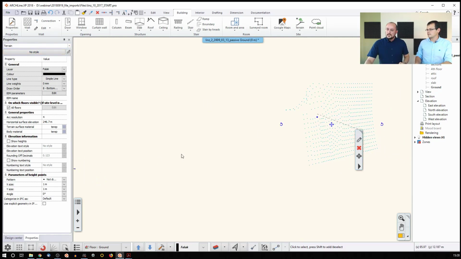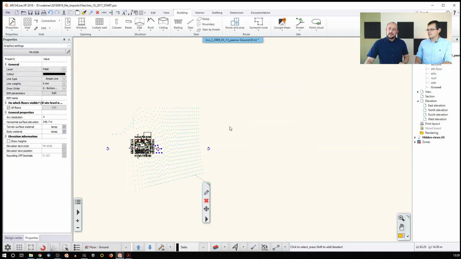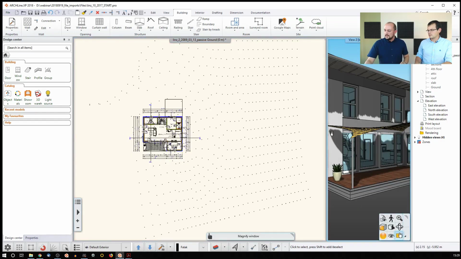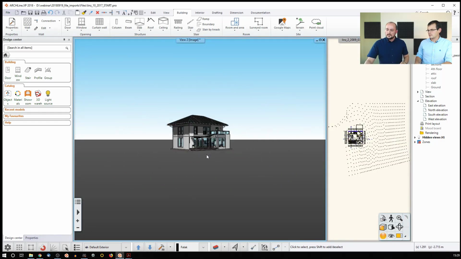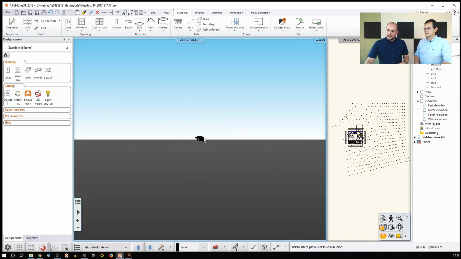You can actually move the building there, you can move the terrain over there, whichever is fine, but there will usually be one thing that you need to fix when you work with terrains that are imported into an existing model, and that's the height of the terrain and the position of the building. Now, if I enlarge the content and I try to find where the terrain is, however I zoom out or zoom in, sometimes it's really hard to tell where the terrain is, because it's simply elevated way above the building, because the terrain data hold that it's above, I don't know, 300 meters or something like that,